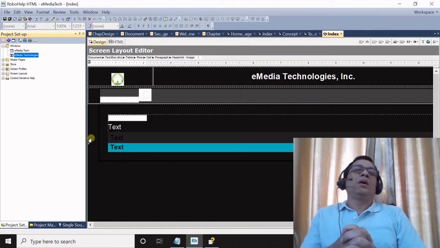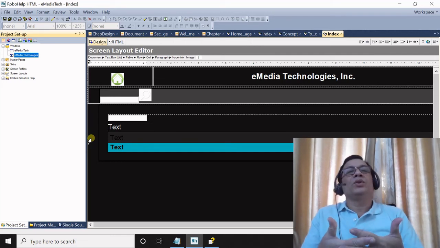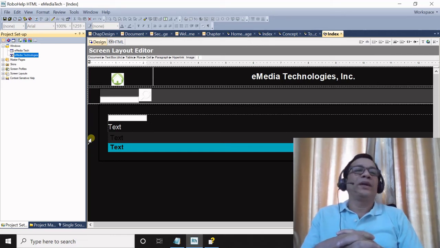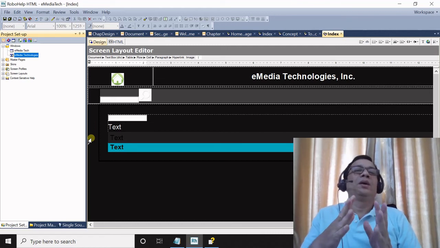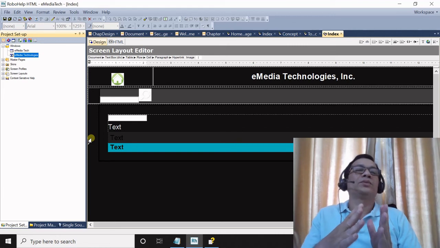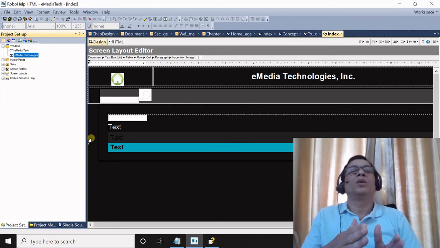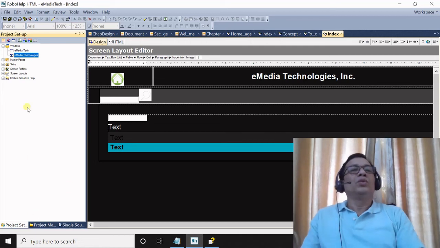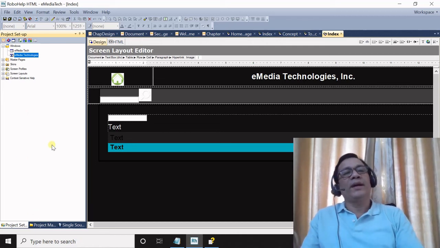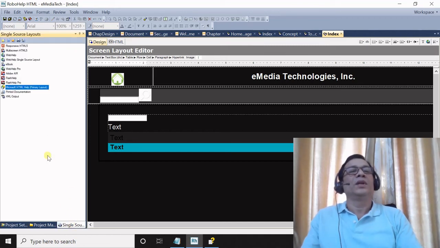After you have created your window properties for the help outputs, make sure that you associate this setting to your help output. To associate this design to your help output, go to single source layouts.